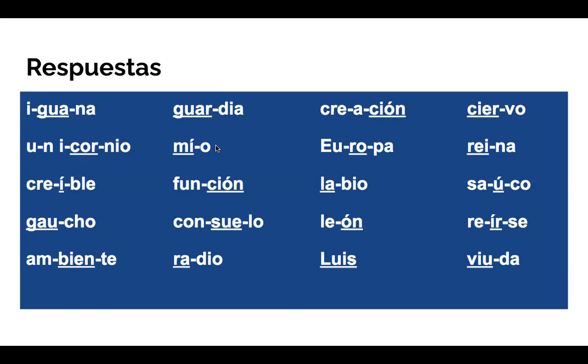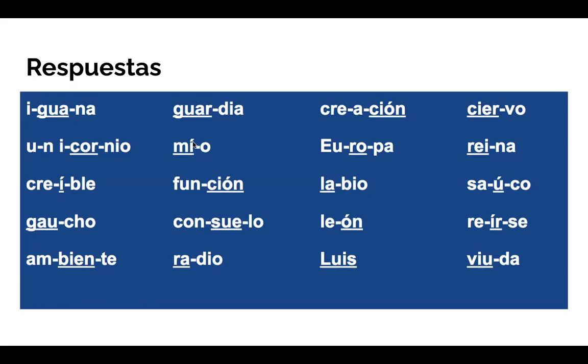Here we have mío. This is a 2-syllable word. It's 2 syllables because the I and the O are separated. How would you know? Well, in life, you would listen to the word or you would know how it's pronounced. Mío is pronounced as a 2-syllable word. And because of that, we have to show that there's a separation between the weak vowel and the vowel next to it by putting an accent over the weak vowel. So that's why there's an accent mark in mío.